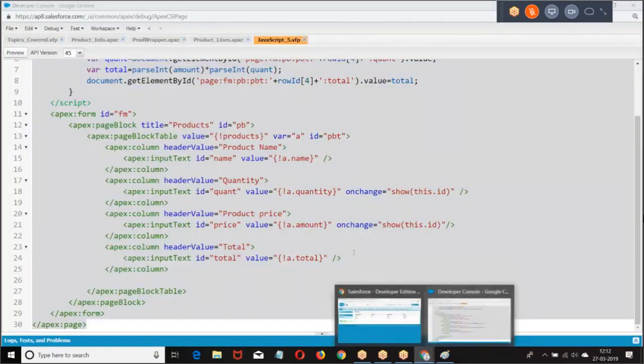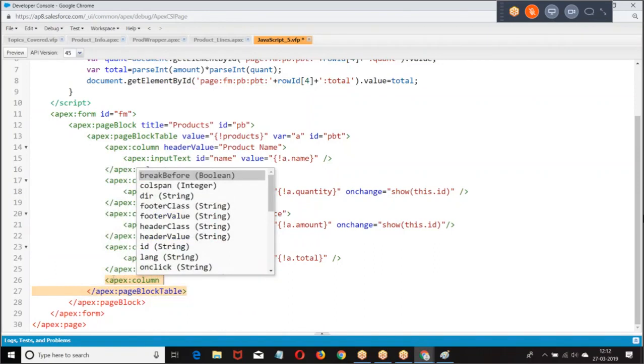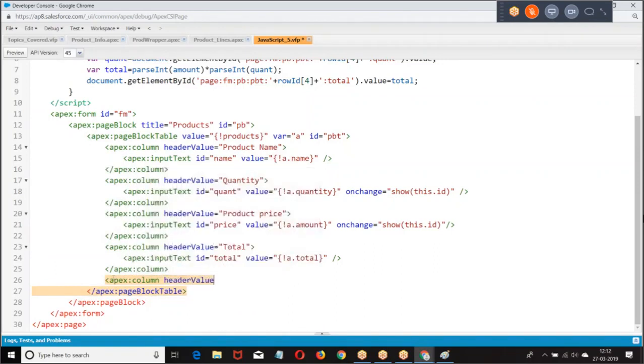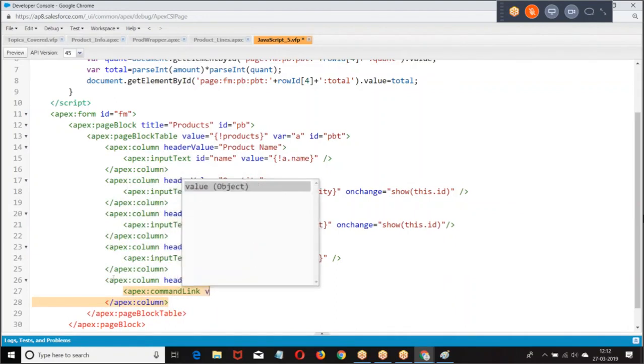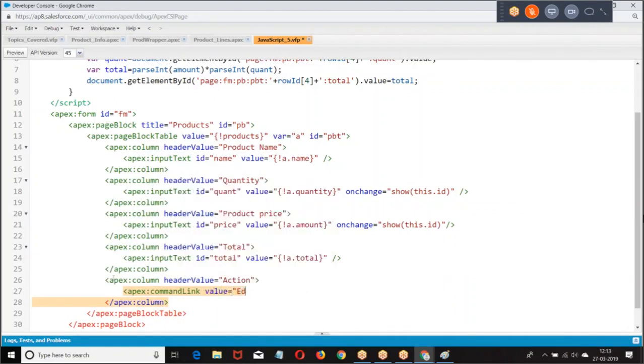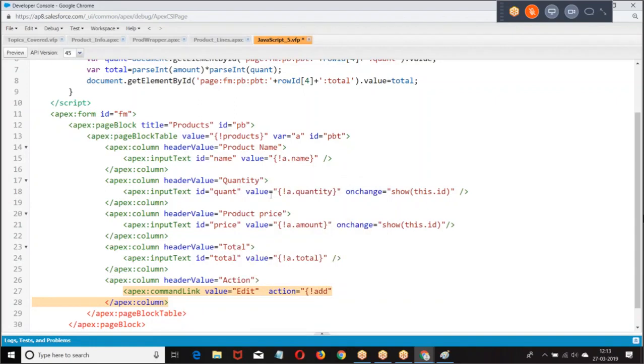What is that extra condition? Look at the point. I want to give an extra condition. Apex column commanding.